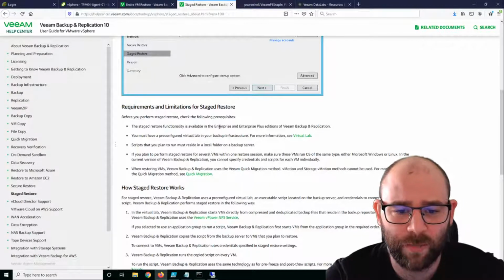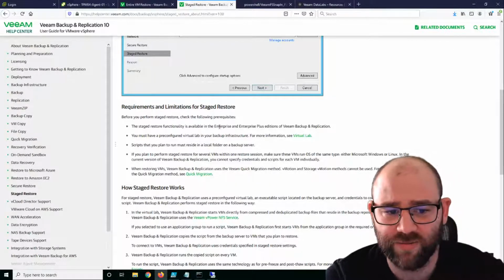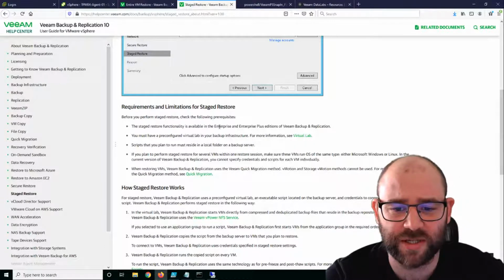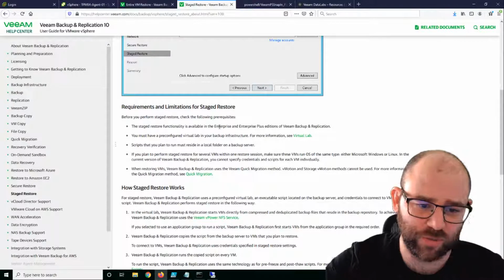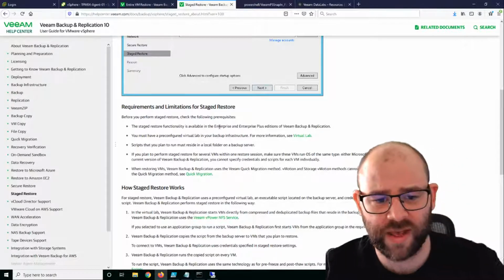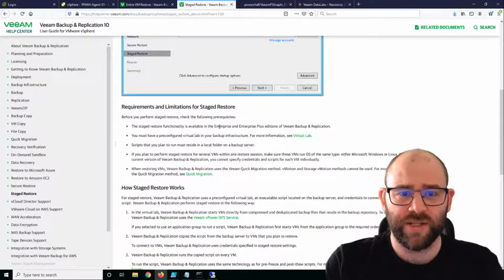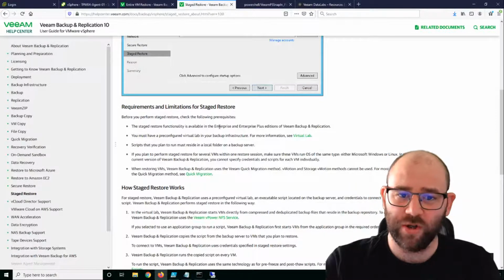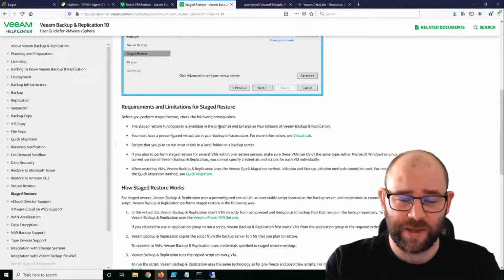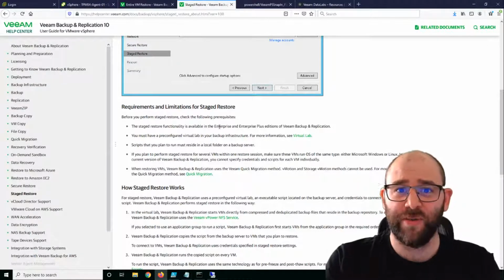So I'm not really bothered about the functionality being only available in Enterprise and Enterprise Plus editions. That's something commercial, not really too interested in that. The big thing though is because we're injecting a process, we need to be able to spin up that Windows machine, that Linux machine in an isolated environment, and we need to be able to inject the script into that